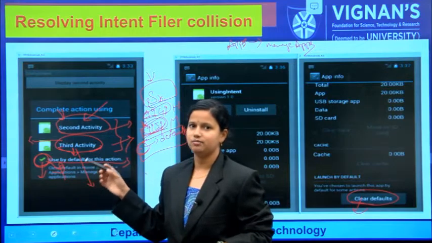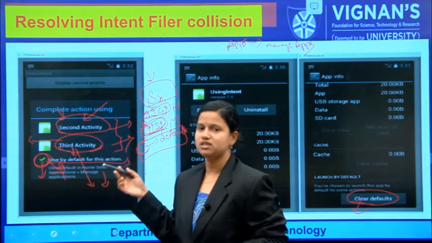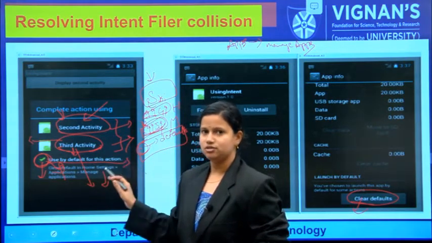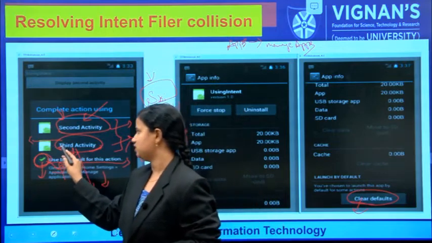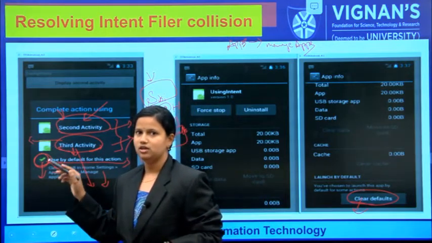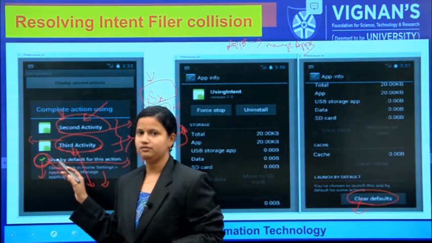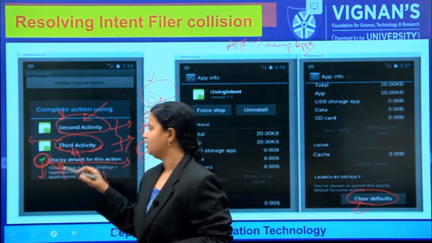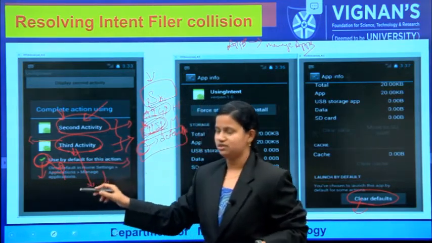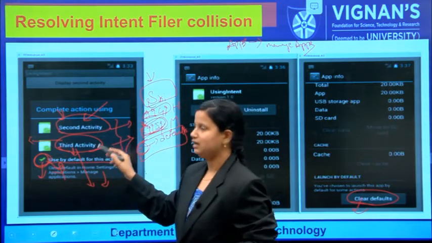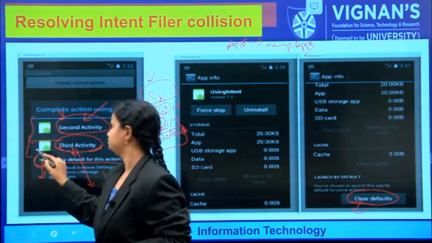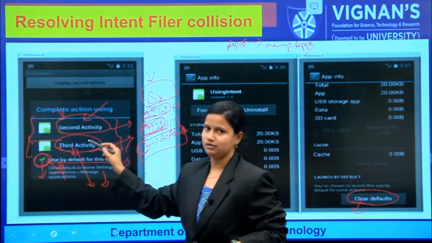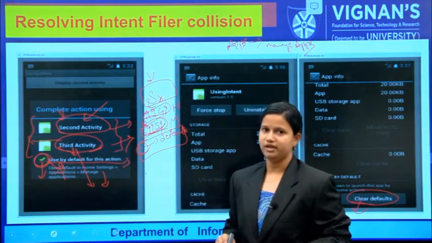In later uses of the same application, it will directly go to this third activity. It need not ask for any information, it will directly launch. But if you are not using the default option, it will ask you to select one of these to launch.